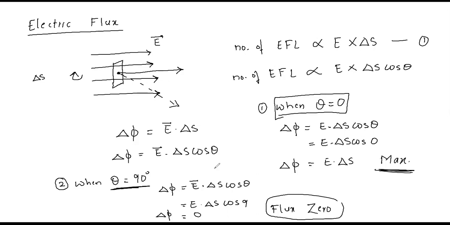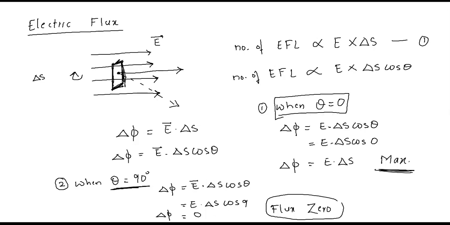Don't worry, I'll give you the detailed notes about it. Because of space, I'm writing it somewhere around here on the screen. So make sure you understand. The notes I will provide you. So this is the case where theta is equal to 0 and the electric flux is maximum. If theta is equal to 90 degrees, the electric flux is 0. This whole thing was in the case where we considered a small area element.